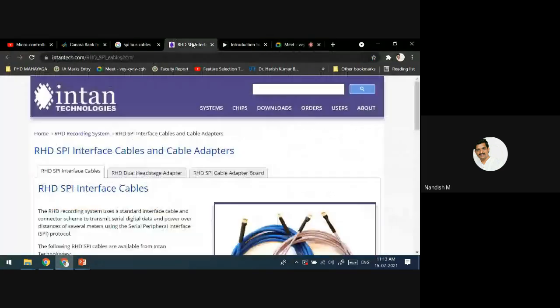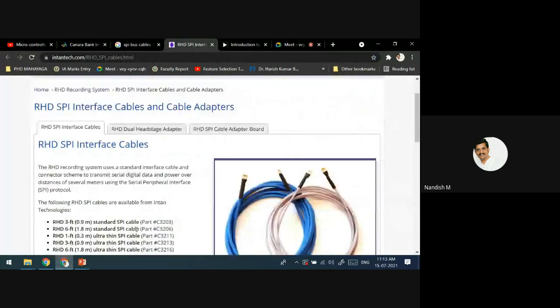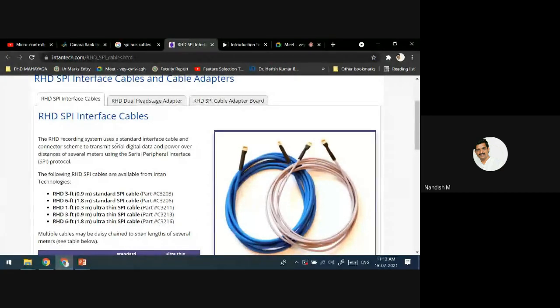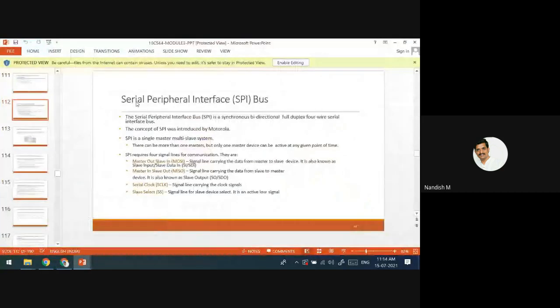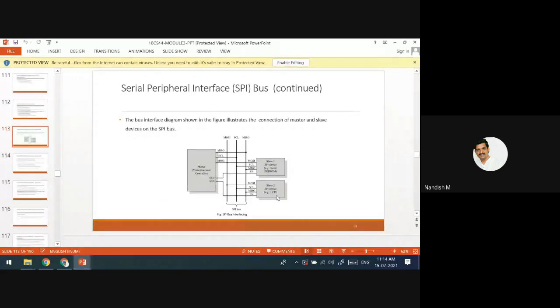See, you have seen these SPI cables, I think. This SPI cable, serial peripheral interface. How many wires will be there in that SPI cable? 4. I think you have seen, if you remember this SPI, serial peripheral interface bus, it has so many things: master out slave in, master in slave out, serial clock, and slave select. I think if you remember this, it is exactly the same. We use these SPI buses to connect between the PC and the microcontroller, because now we have to load.